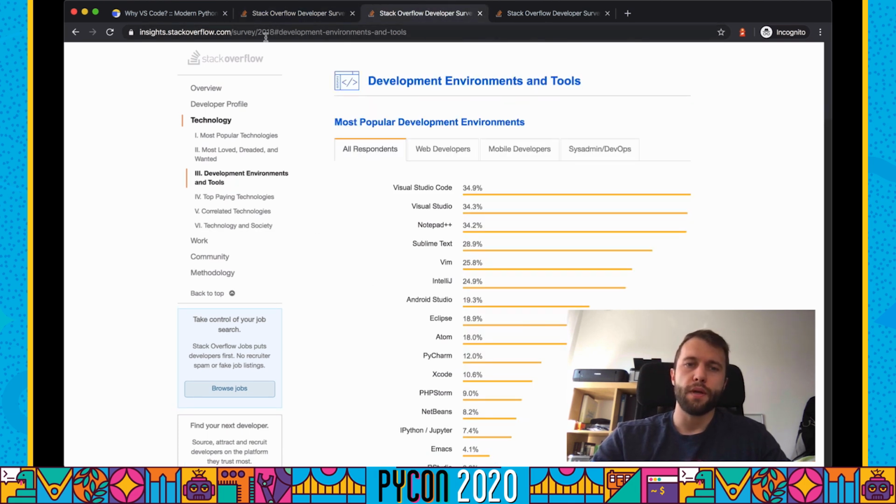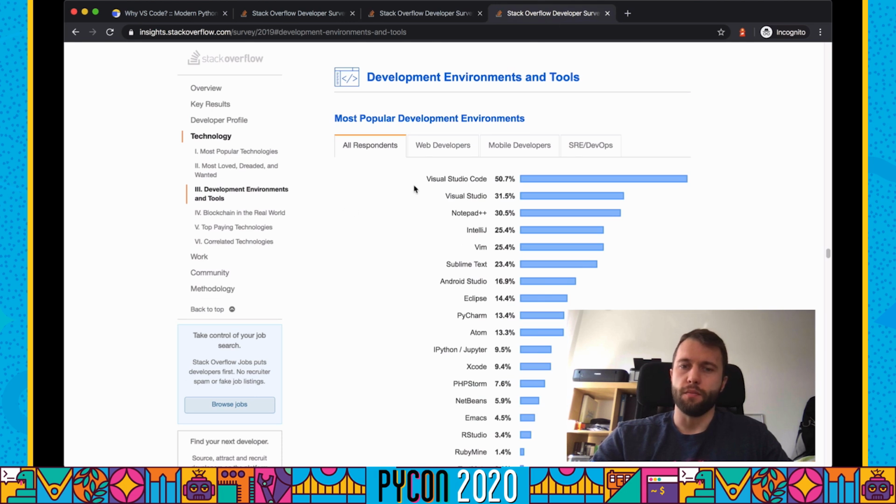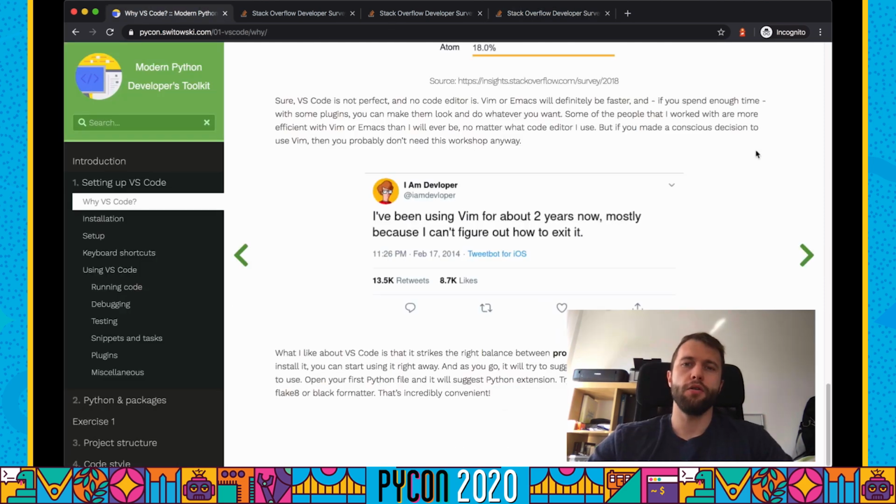If we switch to 2018, you can see that Visual Studio Code is in first place, but Visual Studio or Notepad++ have almost the same results. But if you check the results from last year, you will see that basically almost every other programmer is using Visual Studio Code. There are other code editors like Vim or Emacs that are faster than VS Code and offer